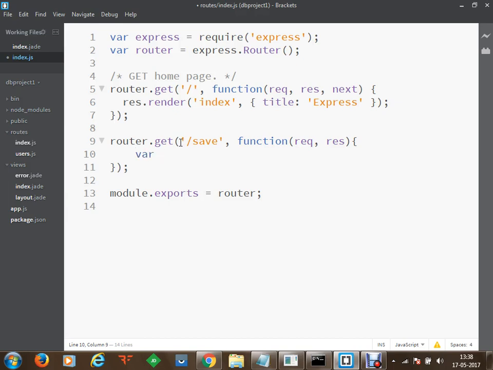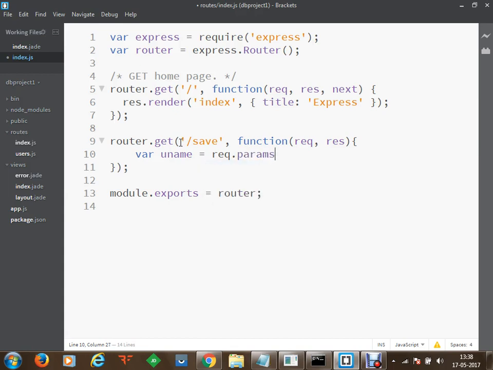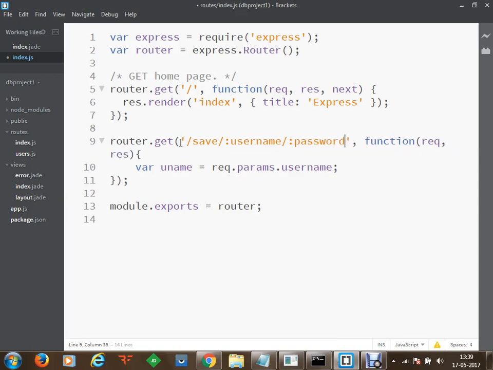First of all, let's call it uname. We are going to get the request, and from the request we get the parameters, and from the parameters I'm going to get the username first. On /save I'm going to receive that information as well. First I'm going to receive username, then I'm going to receive password. Both variables will be received.